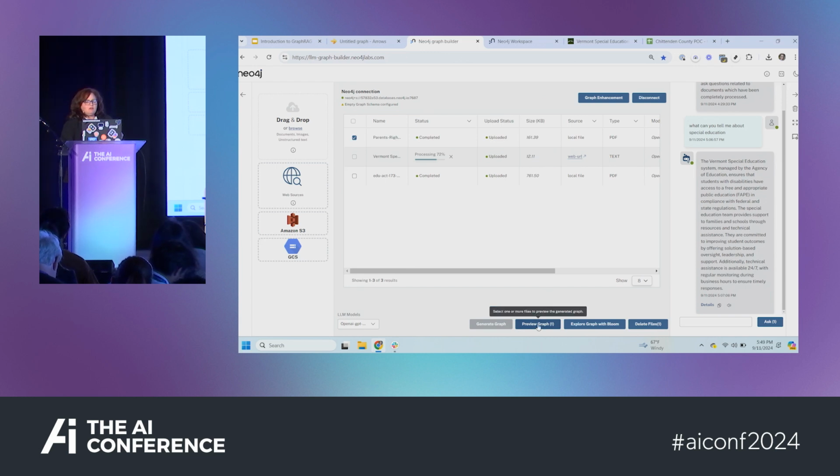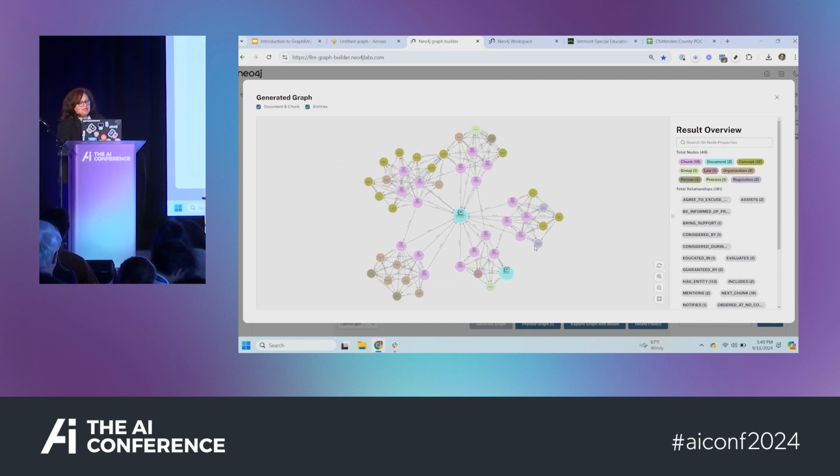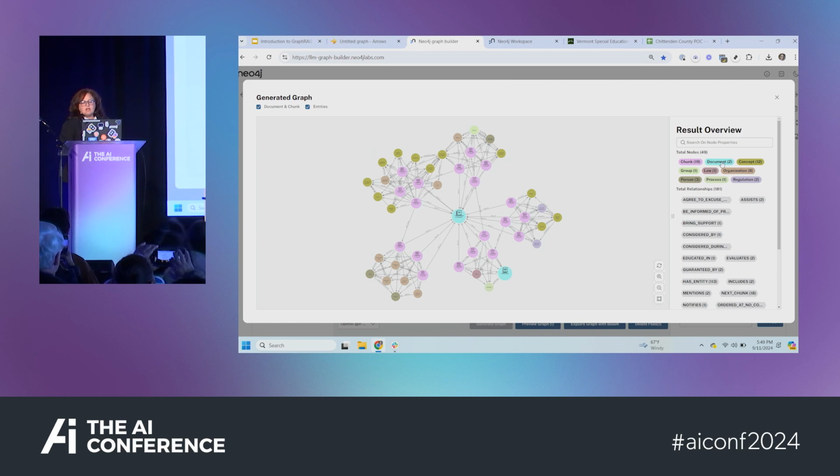All right, we're almost done processing. Can I preview the graph now? Might not be quite ready. We shall see. So we can see a couple of different things. The first thing that we're going to see is the document. We are going to see the chunk,